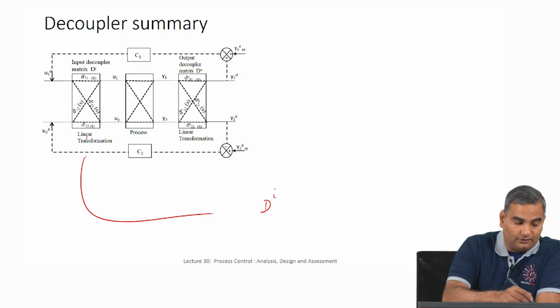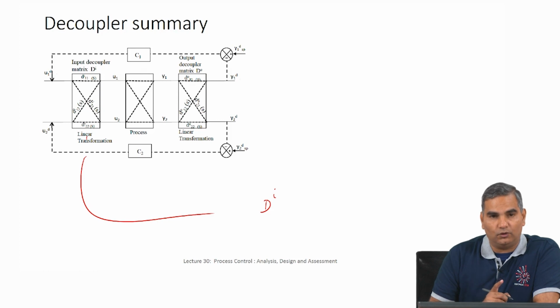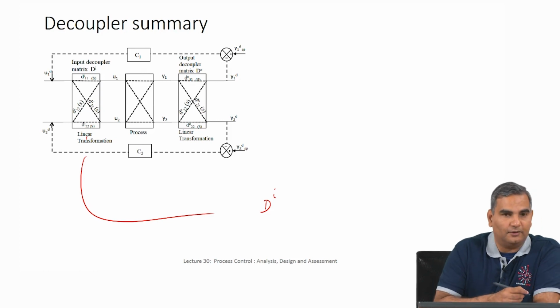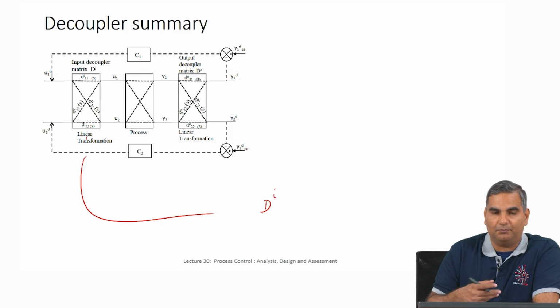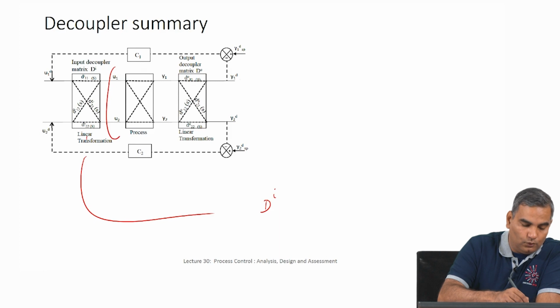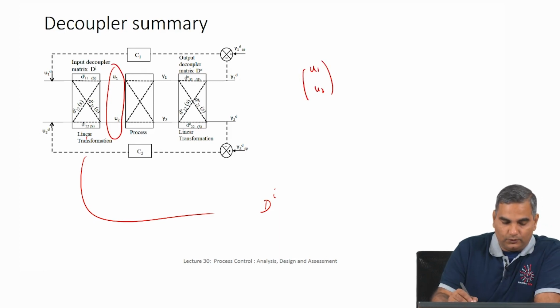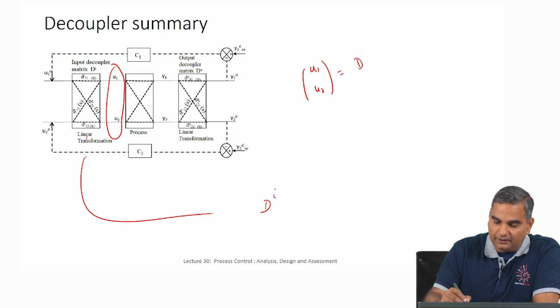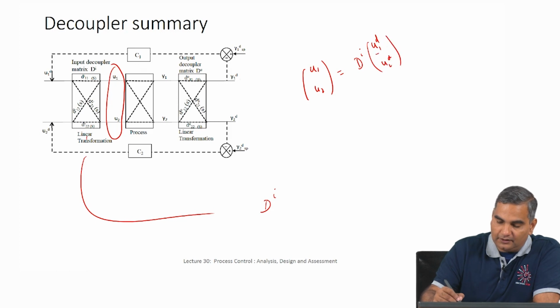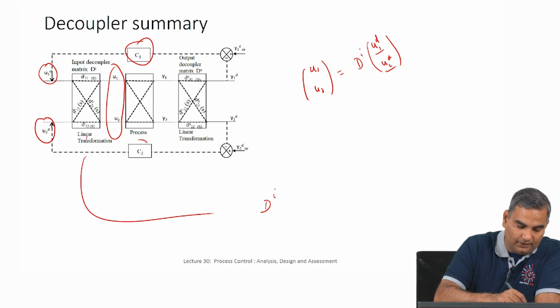That just figures out what these two are, but in a real implementation what you need to really do is actually go and manipulate u1 and u2. You cannot manipulate u1 decoupled because that is not a physical input; that is an input that we have constructed. However, we know that the true physical inputs u1 and u2 we can compute as this input decoupler matrix times u1 decoupled, u2 decoupled. Now, these are already given by the controllers here and here based on the error.